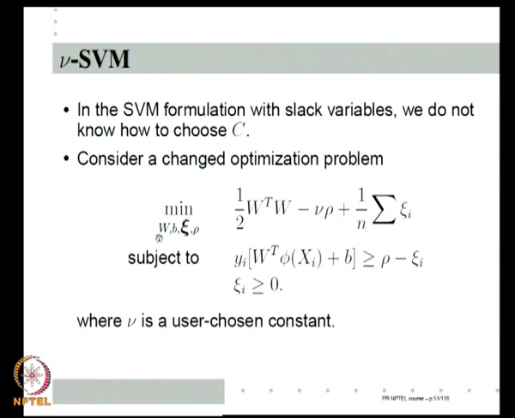Now, in addition to w, b and xi_i, I have added one more optimization variable rho, and rho comes here in place of 1. So, instead of demanding y_i times w transpose phi of x_i plus b greater than 1 minus xi_i, I am saying it should be greater than rho minus xi_i. So, whether the margin is with respect to hyperplanes that are one distance away or rho distance away, I do not know. I am just saying take it rho distance away and optimize on rho also.